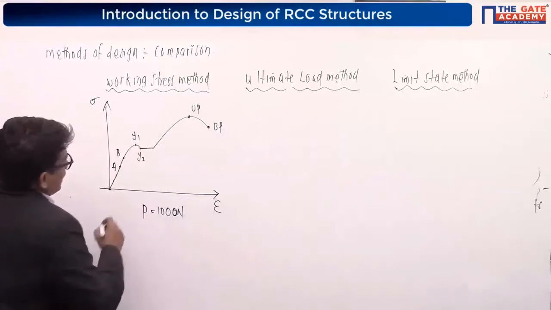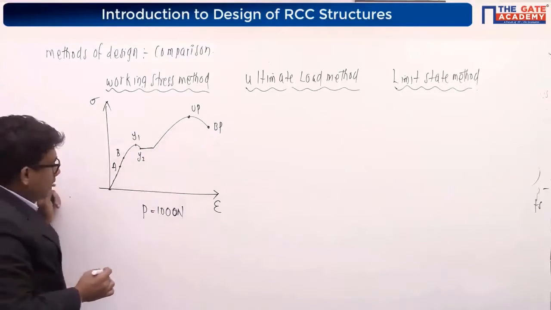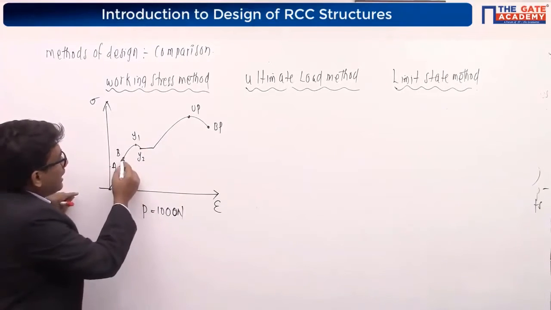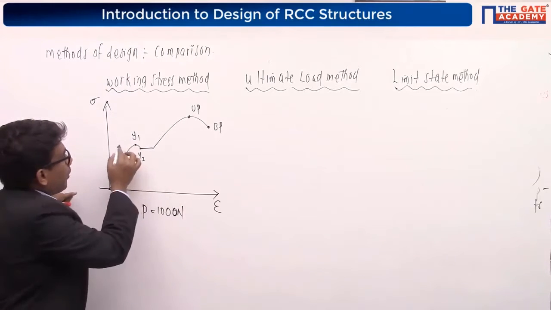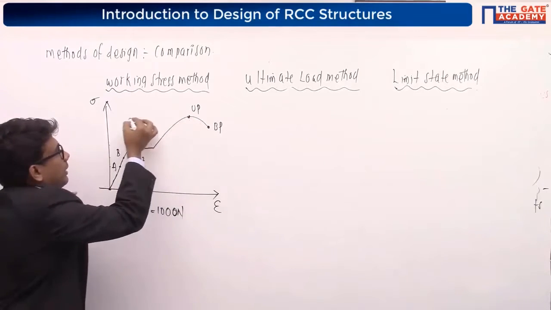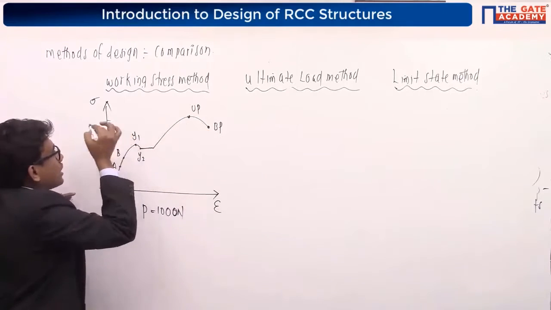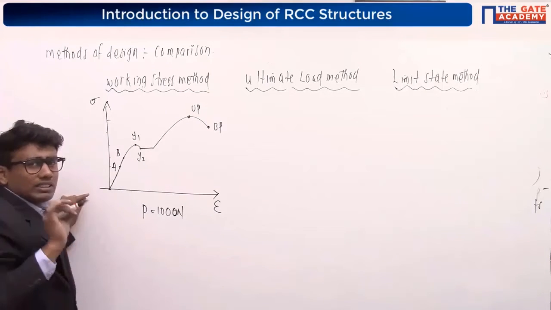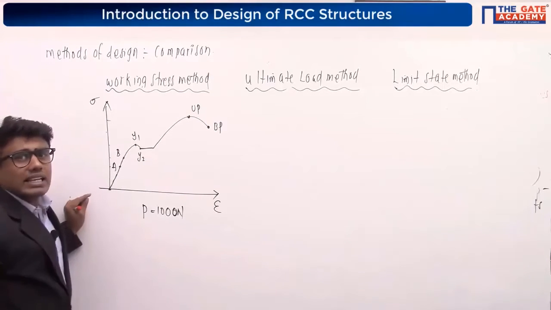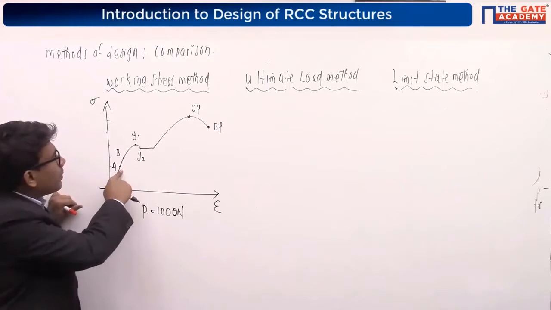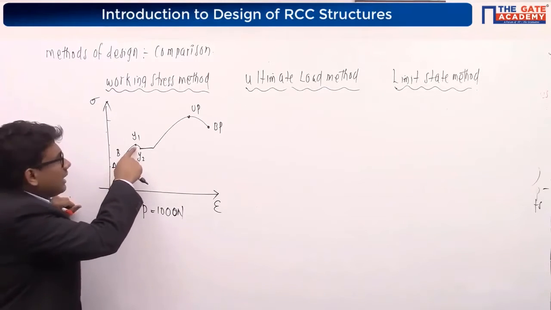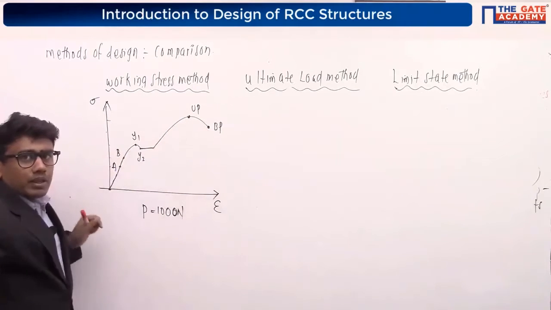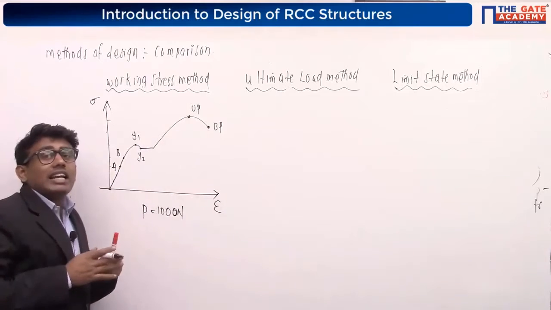See, in working stress method, these are our stress values. Correct? Now, for the proportional limit, there is a corresponding stress. For the yield limit, there is a corresponding stress. At the upper yield point, a stress is there. At the ultimate point, a stress value is there. At the breaking point, a stress value is there. Tell me, what is the maximum stress value the material can carry? Is it the proportional limit? Is it the elastic limit? Is it the yield limit? Is it the ultimate point? Is it the breaking point? What is the maximum stress value this material can carry?